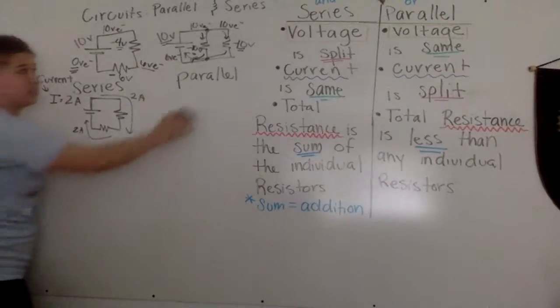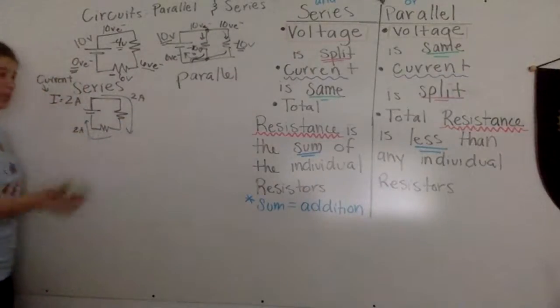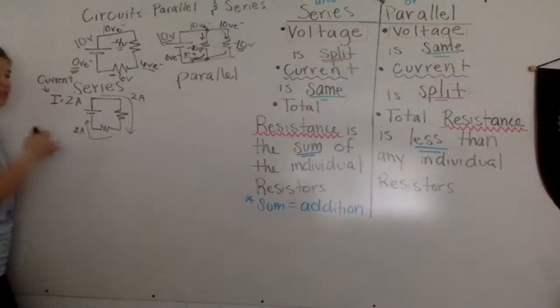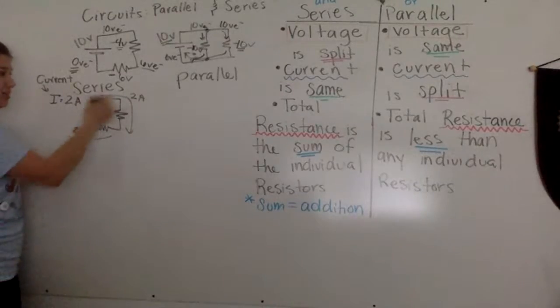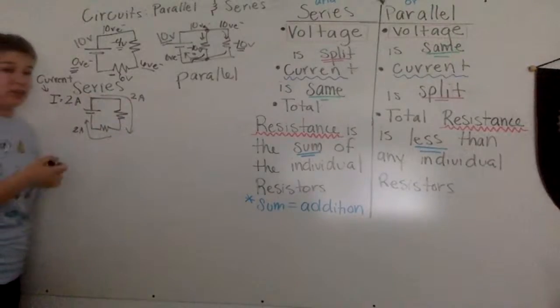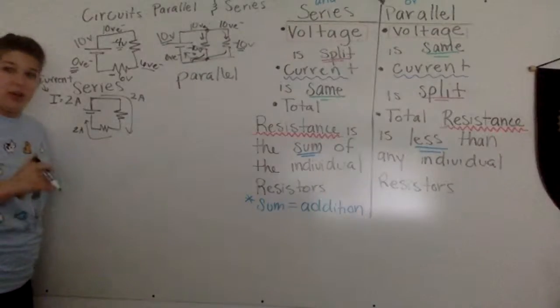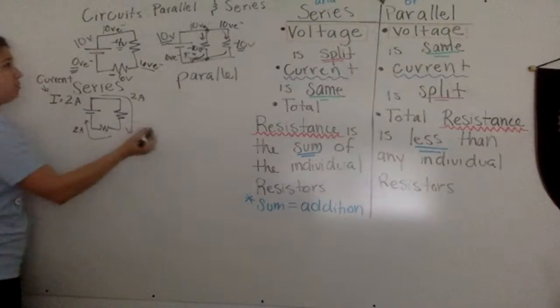And so that's what I mean by in series, the current's all the same because it's all the same path. It's one lane of traffic, one road. There's no other roads you can take. You're going to have the same amount of cars that enters, the same amount of cars that exit, hypothetically that no one died. In parallel,